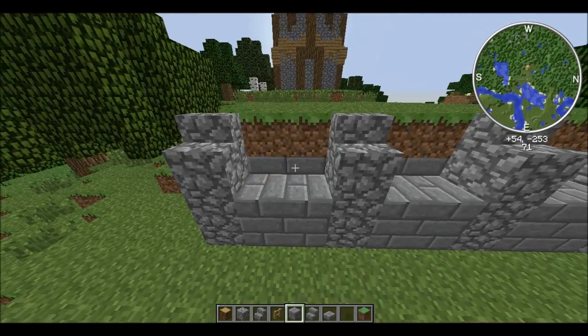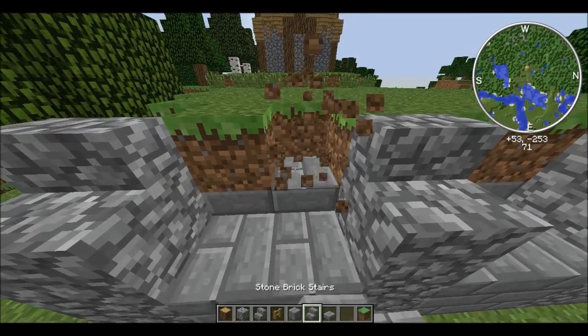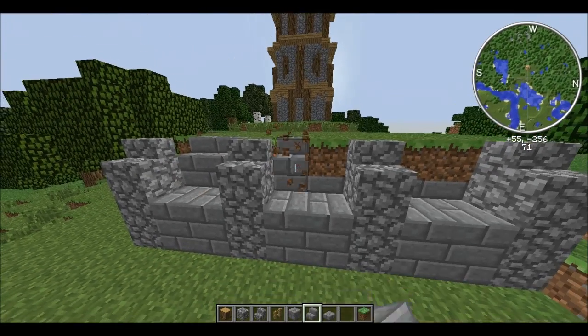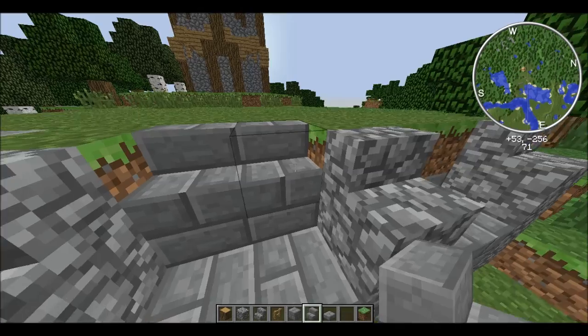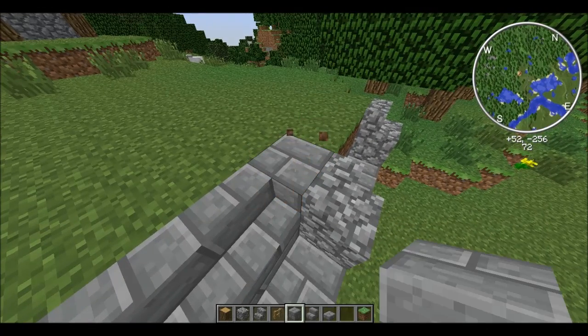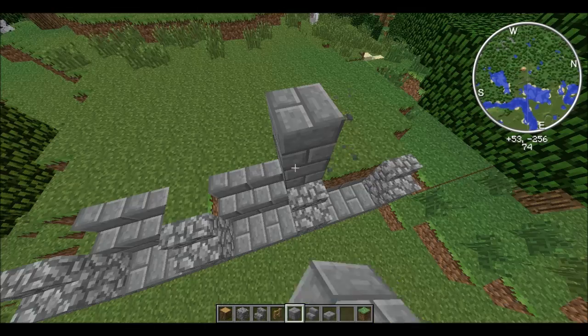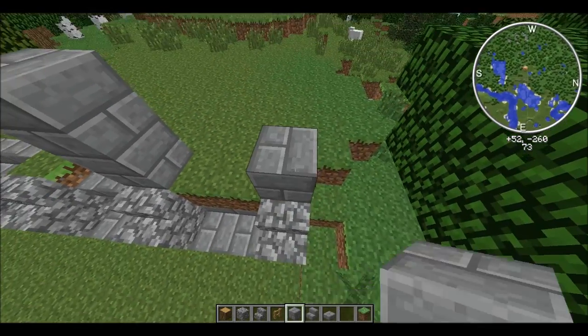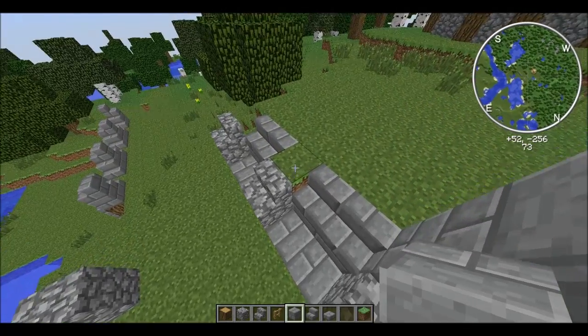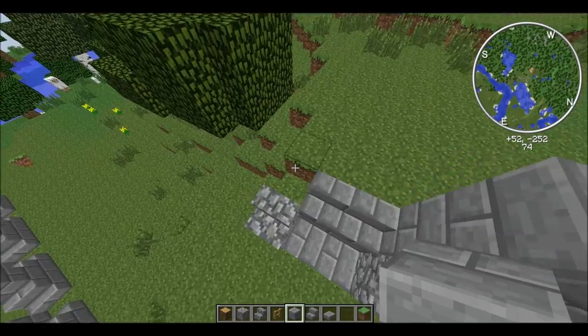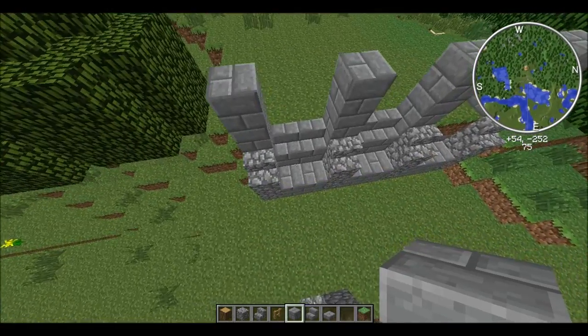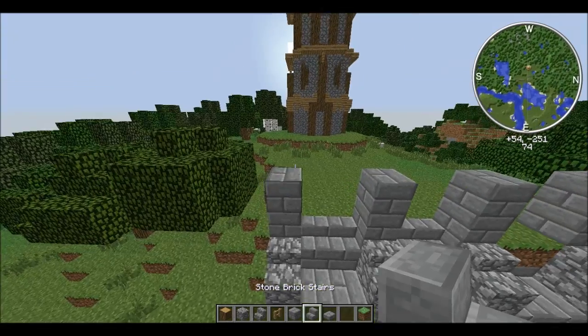And once you finish that, go ahead and place a staircase like this, and then behind the cobblestone go ahead and place 1, 2, 3 total up, including the one directly behind the cobblestone. That way you don't see random dirt, as I've already said in other ones. Then go ahead and place a stone brick stair on top of that.